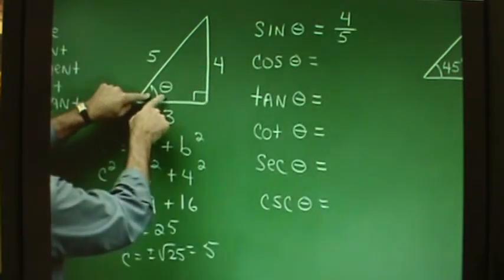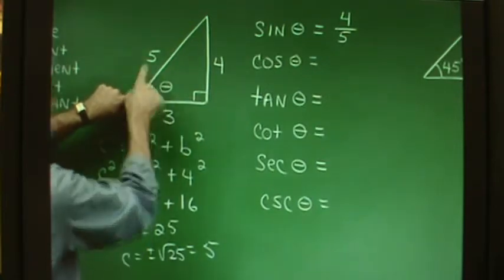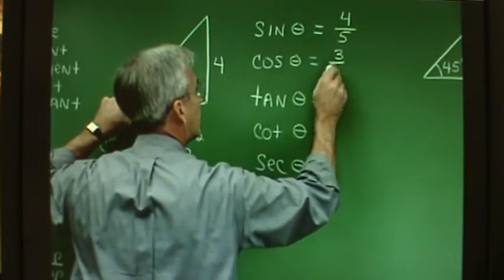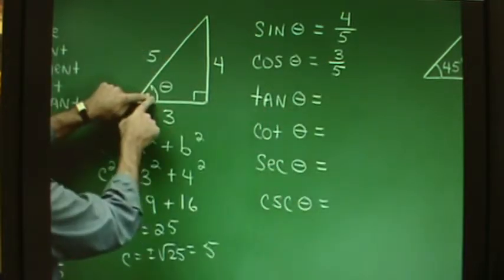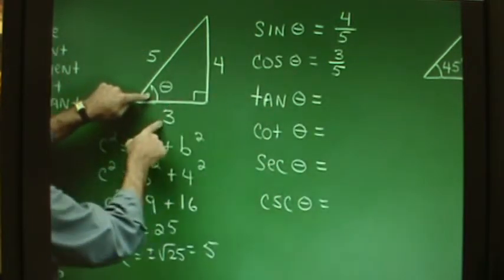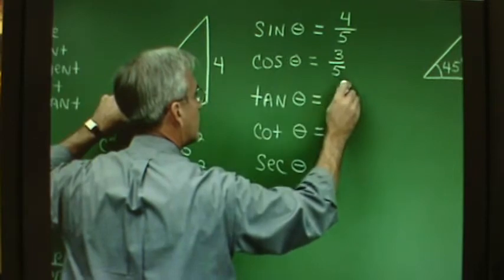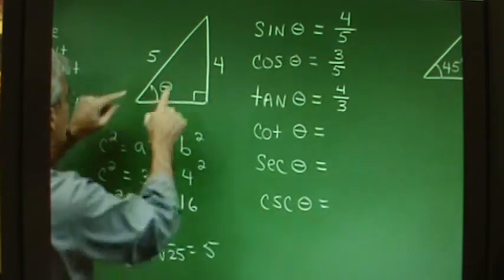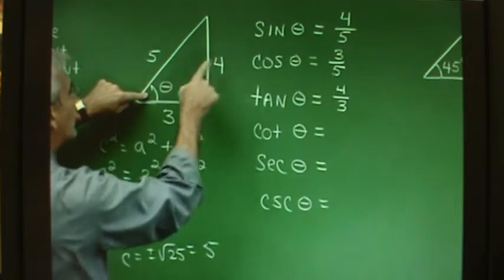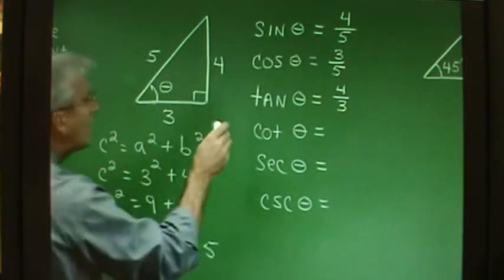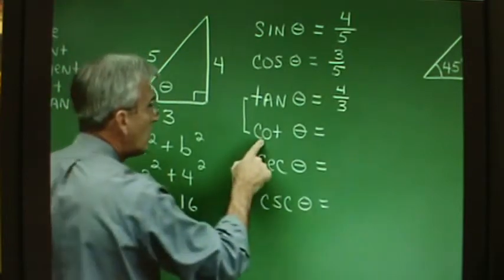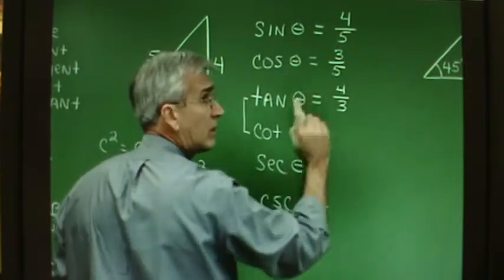The cosine of this angle is the adjacent side over the hypotenuse, or 3/5. The tangent of this angle is the opposite side over adjacent, so it's 4/3. The cotangent is, well, let's see, it would be adjacent over opposite, but we realize that these are reciprocals of one another, so the cotangent of theta will just be the reciprocal of 4/3,